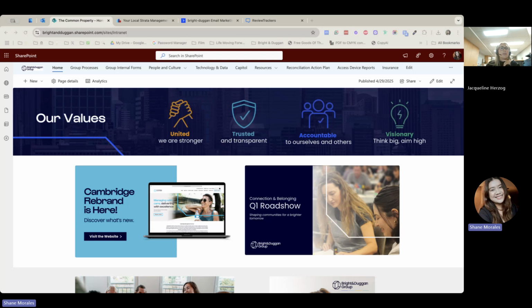SharePoint. Okay. So you now have a little bit of an idea of what SharePoint is, what the common property is. So you haven't used this before, right? I haven't, but it feels very similar with the edit and